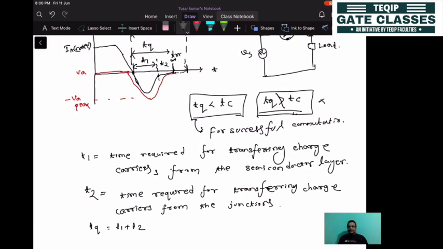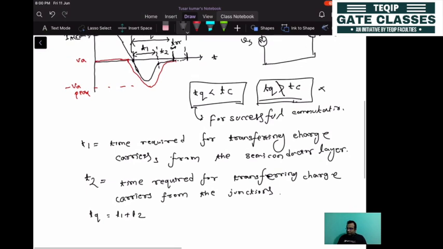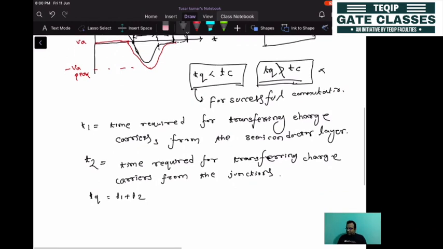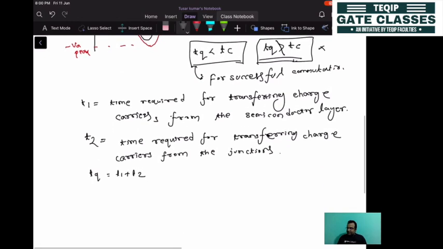Why is it essential? Because you need to take out the charge carriers which were transferred during the conduction. Or else, if you are not doing that, then during the next cycle of operation it will not wait for the gate signal, it will switch on by itself. So in order to avoid that, or to have a successful commutation, the circuit turn-off time must be greater than the device turn-off time. Okay, so this is the last part of the thyristor. This is the first device that is covered till now.